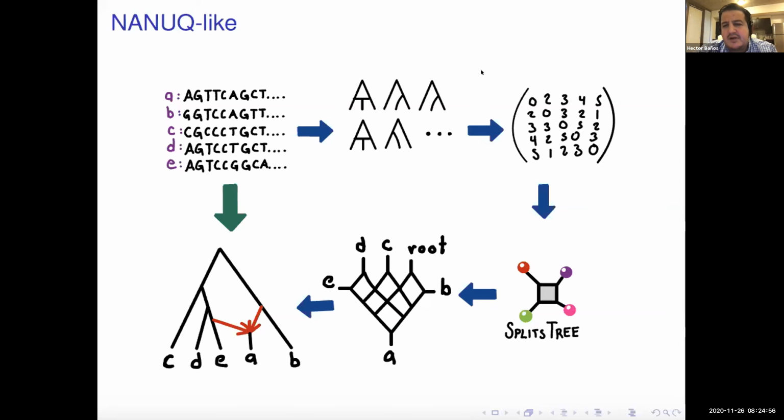a little bit of some generalization of the Nanook distance when we construct it to create a new distance matrix. And then again, we use a SplitsTree or NeighborNet to construct a splits graph. But now the splits graph will contain a new node. The output will be also a dark network, but now with an extra taxon that will be corresponding to the root. And using the same terms to interpret those, we'll get our rooted network.